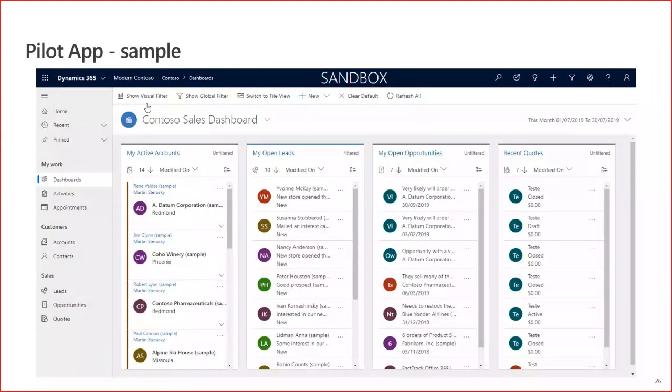Here we have a quick sample of what that type of pilot app could look like. In our case, we selected a pilot app which could be for salespeople. So let's say that a salesperson will come to the office in the morning and open Dynamics 365. There are probably a lot of discussions about what should be the first thing which they want to see. In our case, we selected something new, something that was completely redesigned in the unified interface, and